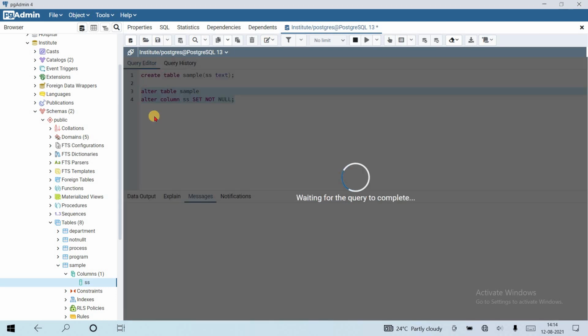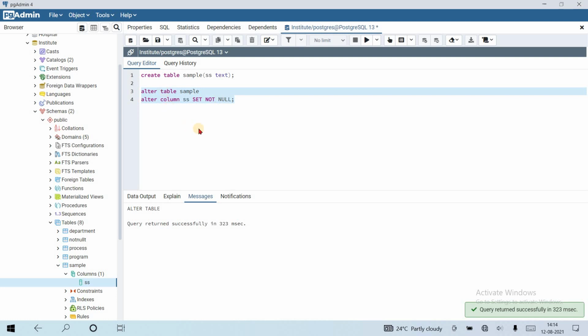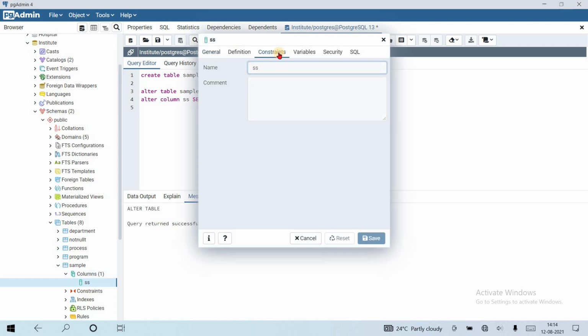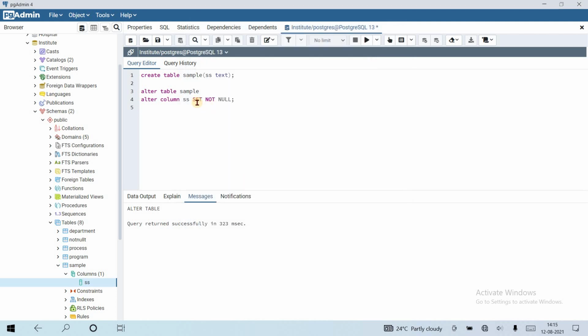If I run this query, it runs successfully. If I go to ss, check the properties and go to constraint, now the not null is on using the query. Or I can make it off again.